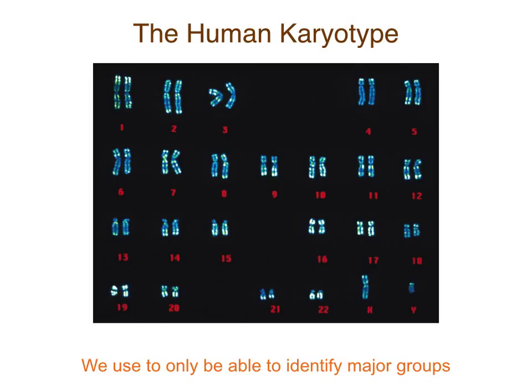Okay. We use these staining techniques now, but before we could, we could only really identify chromosomes by the nomenclature. The largest ones we call number 1, then we go down from there. Before we could actually stain the chromosomes, we could only categorize human chromosomes and identify major groups. Like this was a major group. They were too similar in size to really distinguish between them. It wasn't until we were able to have these more advanced staining techniques that we could identify each of the human chromosomes.